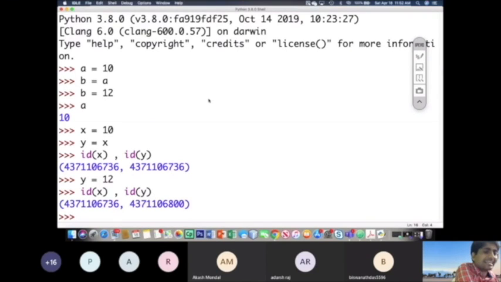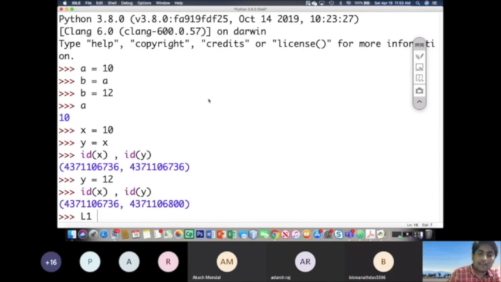इसलिए अब से Y की जिंदगी अलग है, X का जीवन अलग है. दोनों अलग अलग राही हो गए. दोनों अलग अलग जगह पर बन गए. Isn't it? But now let us check it for lists. Lists के लिए जरा हम लोग इसी चीज को चेक करते हैं. जरा देखते हैं क्या होता है.